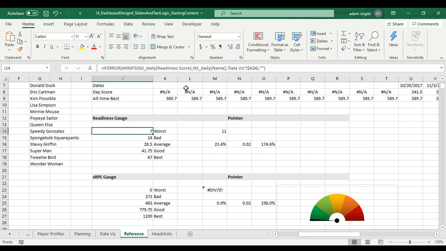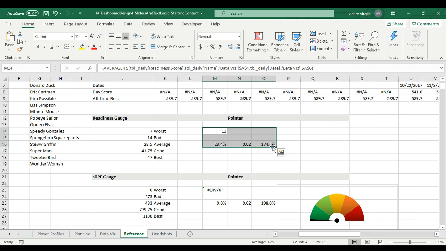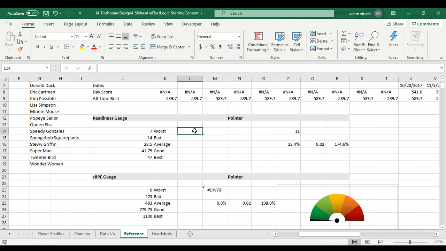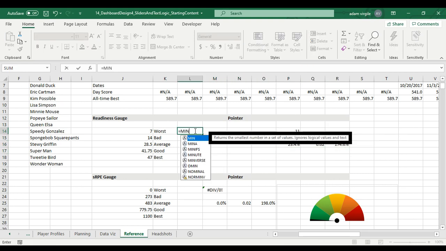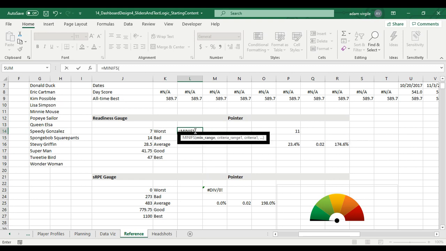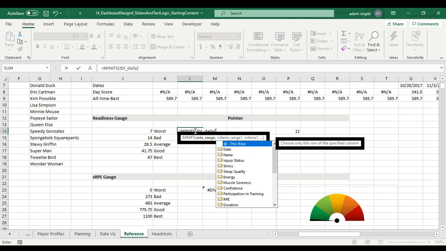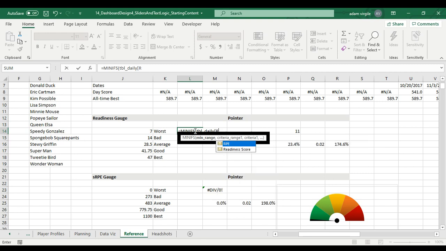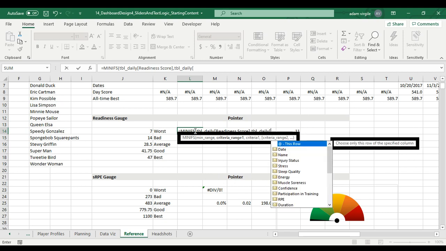What we're going to do is get the minimum value for a person in their data set. Notice this is 7. I'm just going to do it over here. Let me just maybe move this stuff over. So we're going to go equals MINIFS. I'm going to do MINIFS TBL_daily, the readiness score. We're getting the minimum readiness score if TBL_daily